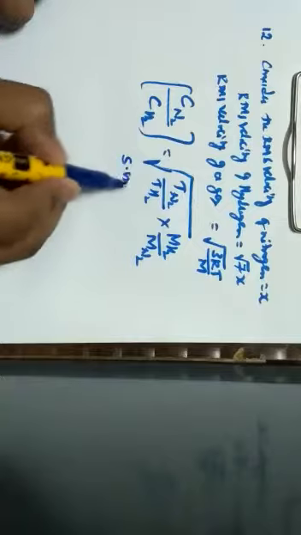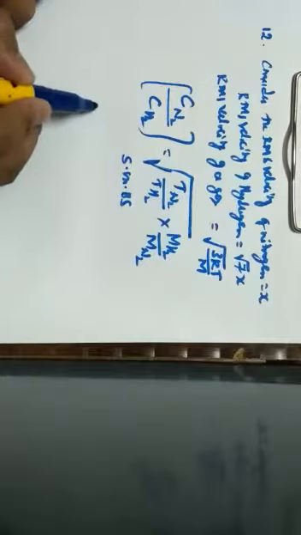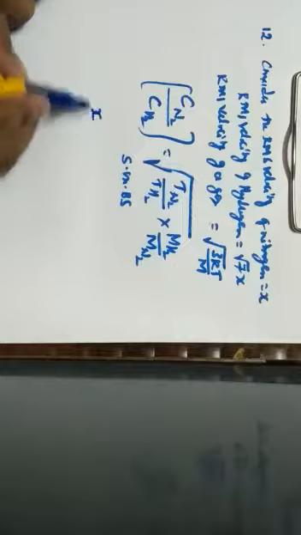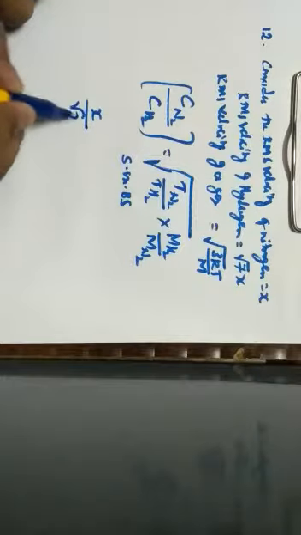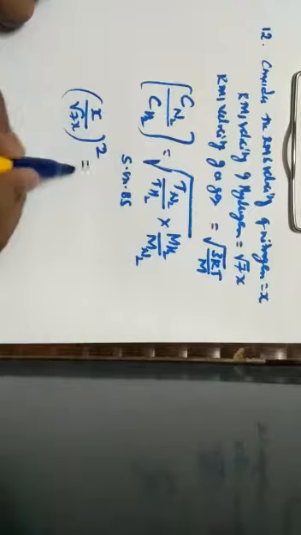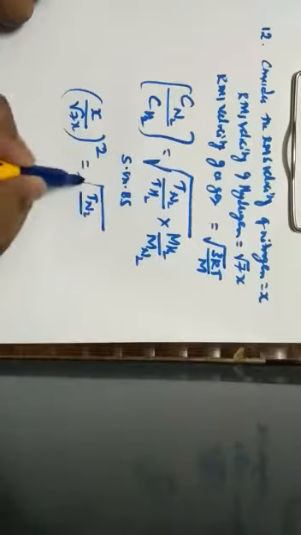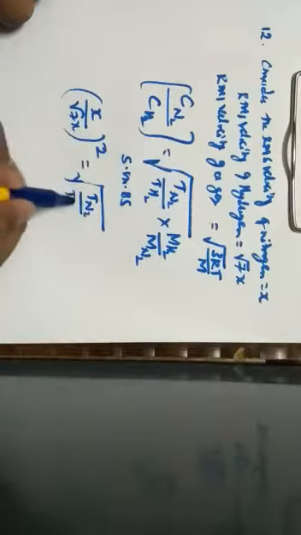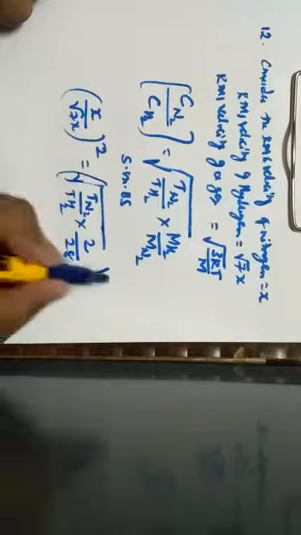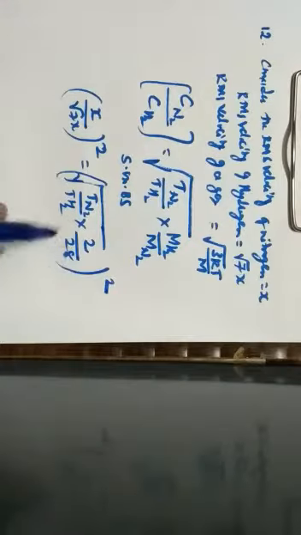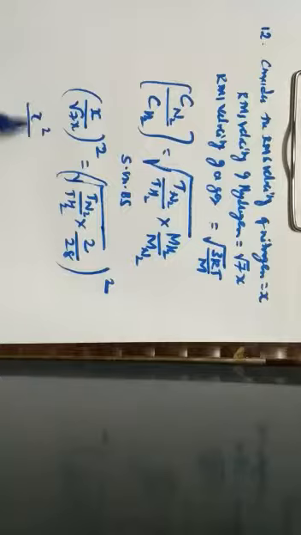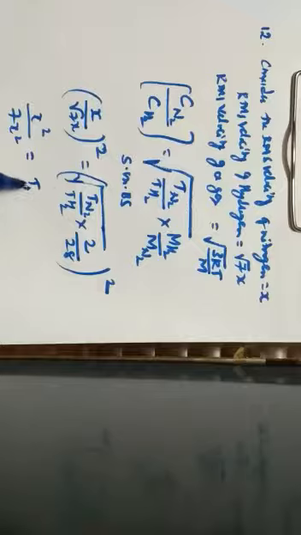So what I will do next is square on both sides. We have considered the RMS velocity of nitrogen as x. The RMS velocity of hydrogen they have given, that is nothing but root 7x. So square it on both sides. So this will be the temperature with reference to nitrogen, temperature with reference to hydrogen into mass of hydrogen, which is 2, by mass of nitrogen, which is 28. So when we square it on both sides, the square root gets cancelled, so that I can write this as x square divided by 7x square is equal to temperature with reference to nitrogen divided by temperature with reference to hydrogen into 1 divided by 14.